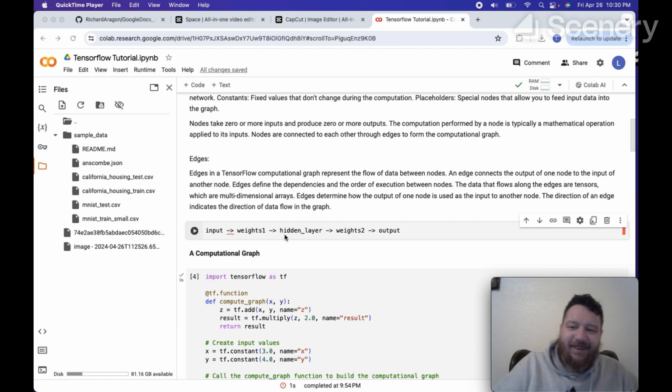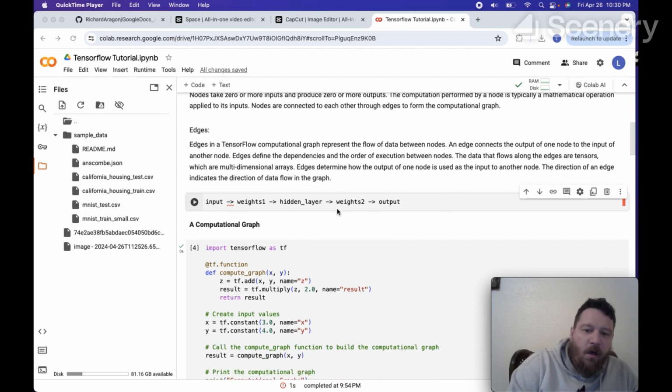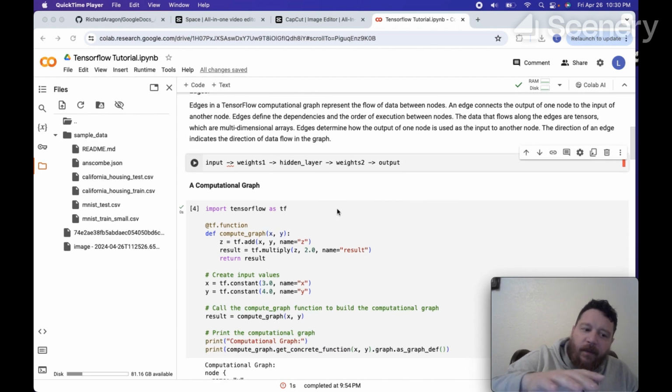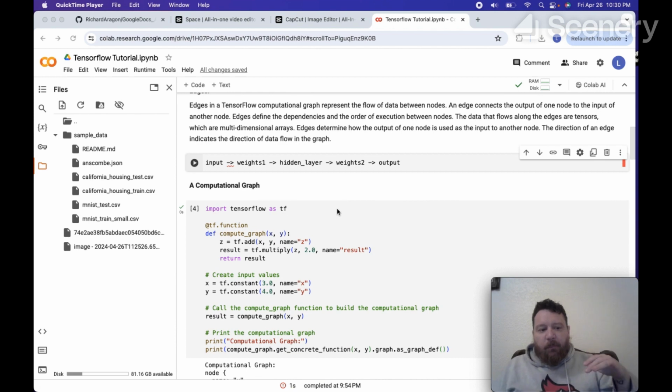The edge is the arrow. Simplest way to put it, right? And then within this, we build upon these edges and nodes to essentially get into computational graphs. And then a computational graph is essentially